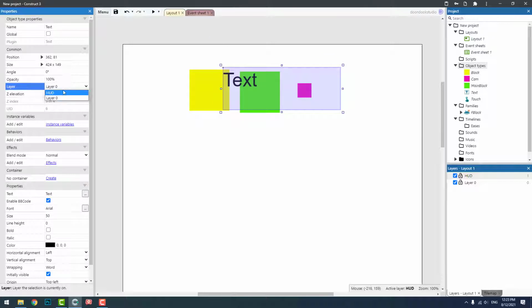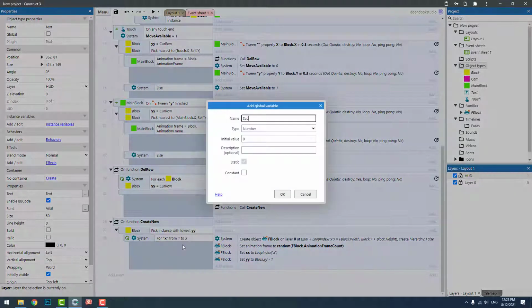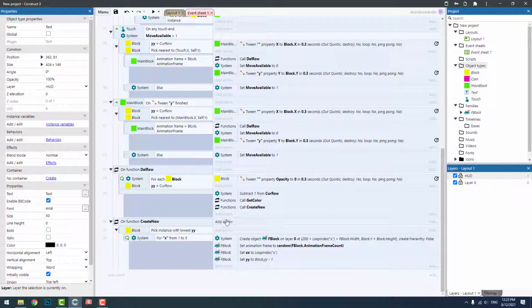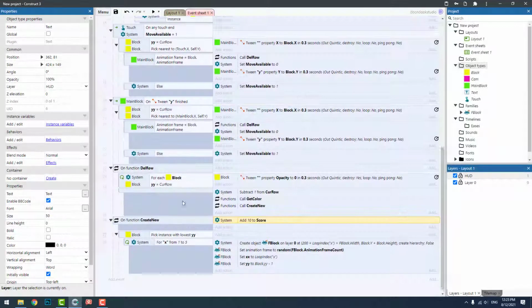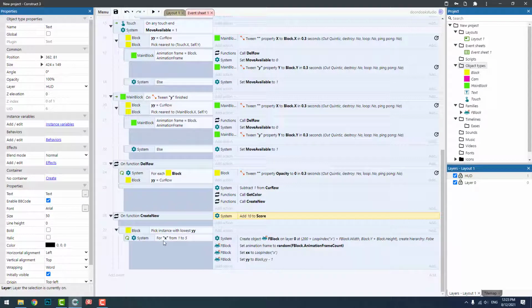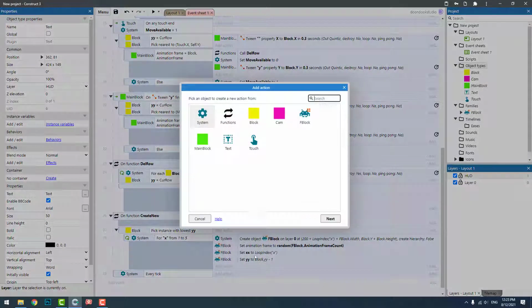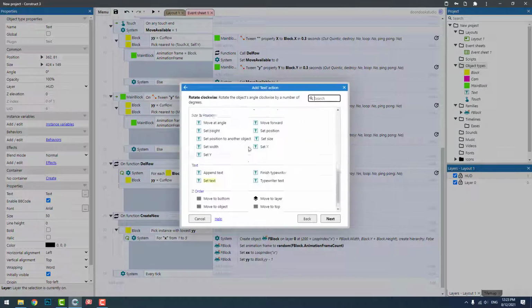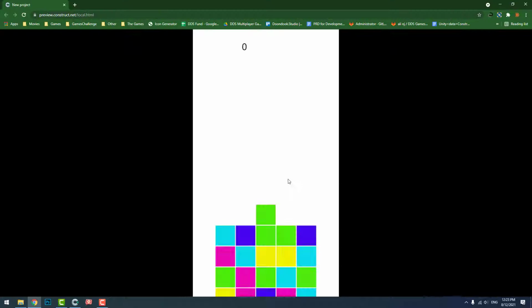It's gonna be on layer hot, and here we need add score variable, and here we need to have 10 score by each deleted line or created new line, and then we're gonna say on here set text to score, and it's done. Oh my god,